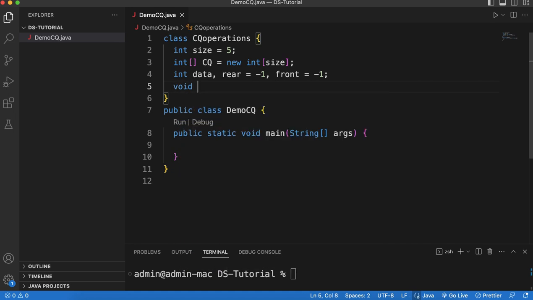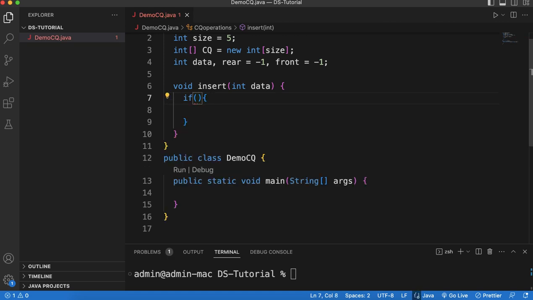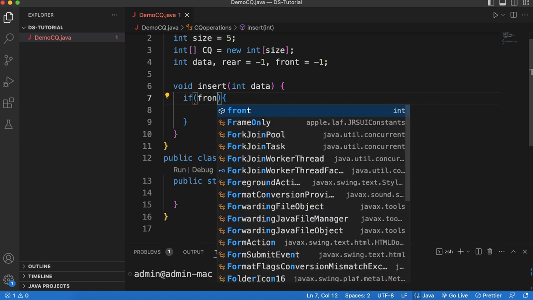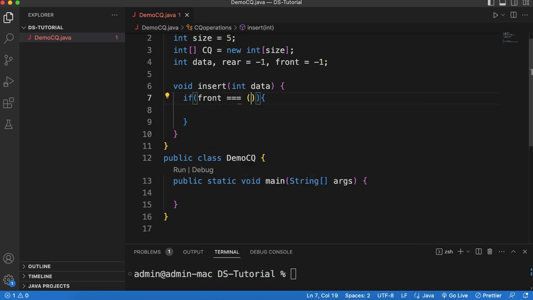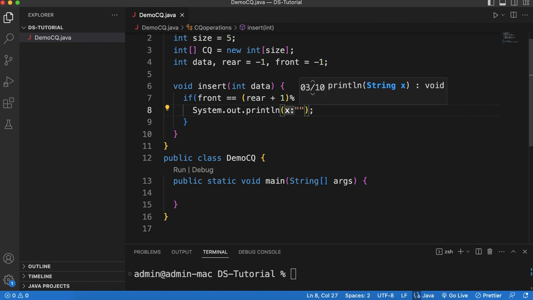Now we'll create another function called insert. What we want to insert, we want to insert the data, and write your algorithm. So what is to be checked when you are inserting the data? The full condition. And what is the full condition here? If front is equal to (rear + 1) mod size, sorry, it should be double equals to, then you have to print one message that your circular queue is full,